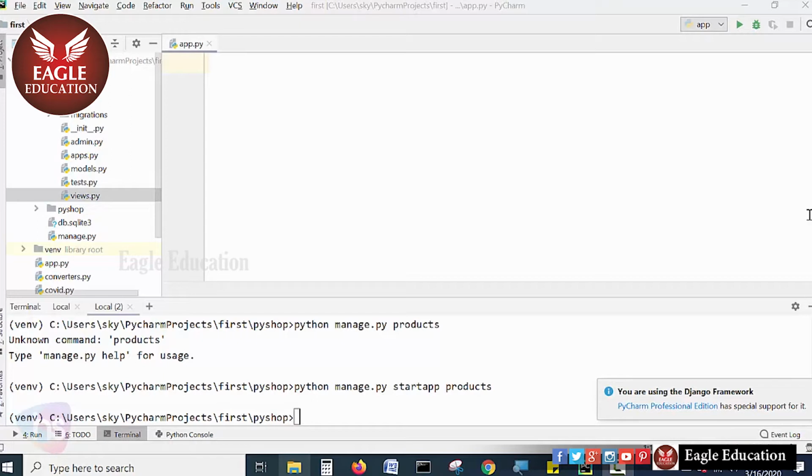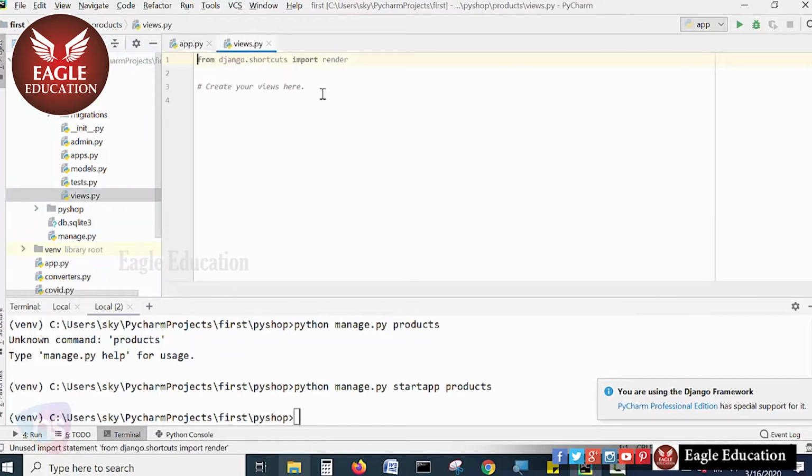The view is basically a function called by Django when the user is navigating to a particular page. All right. Now see, under the project, the products package is here under the PyShop page. Under products, where we have created the app, there is a views.py module here, and here we need to write that index method. Like a definition of the function, we can call it index of request.